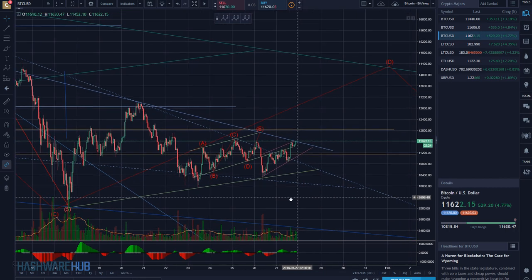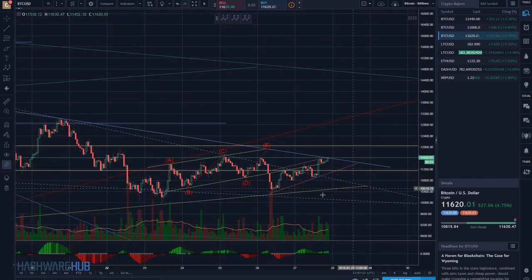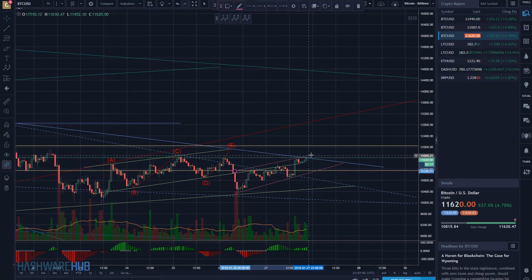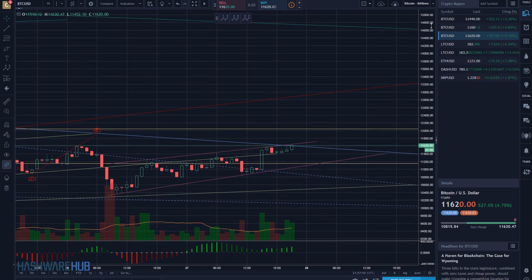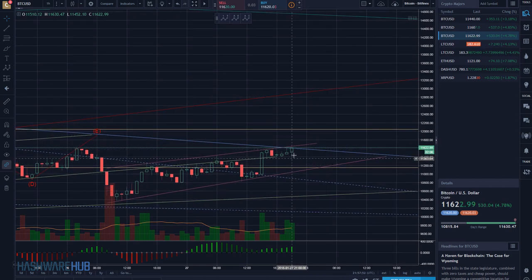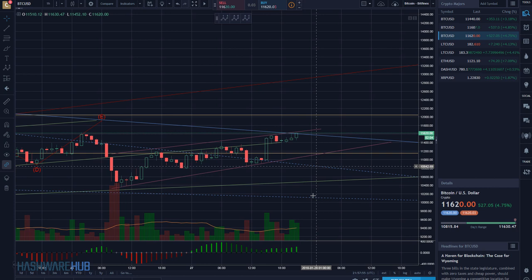So here we actually have what appears to be another one, and we're sitting at the top of it, nearly at the top of it right now. Let me try to zoom in on this a little bit more. And not only are we sitting at the top of this channel or bearish flag, but we're also sitting at the top